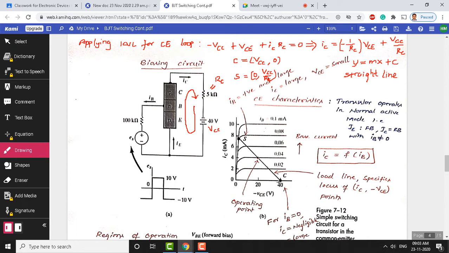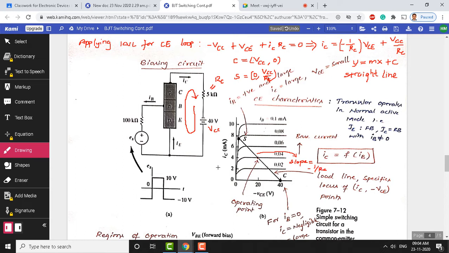This gives you a lot of implications when we analyze this straight line. This is called a load line. This point we already noted is C, whose coordinate is VCC comma 0, and the S point is 0 comma VCC by RC, and the slope of this line is given by minus 1 over RC. So this is the slope. That means as you keep changing the load resistance, the slope, which depends on minus 1 by RC, keeps varying here. So the slope of this line depends upon the resistance RC.